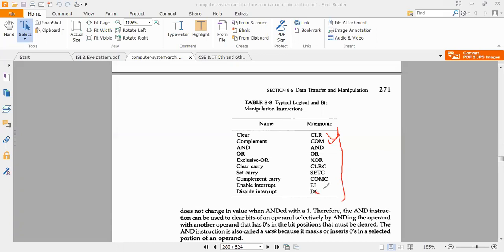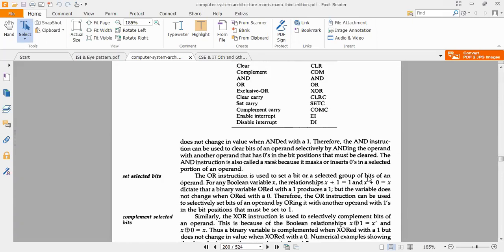Disable interrupt DI, for taking interrupts. So these are logical and bit manipulation instructions. You have to keep all these things in mind. You can mention some examples of typical logical and bit manipulation instructions. Then you have to mention all these things.